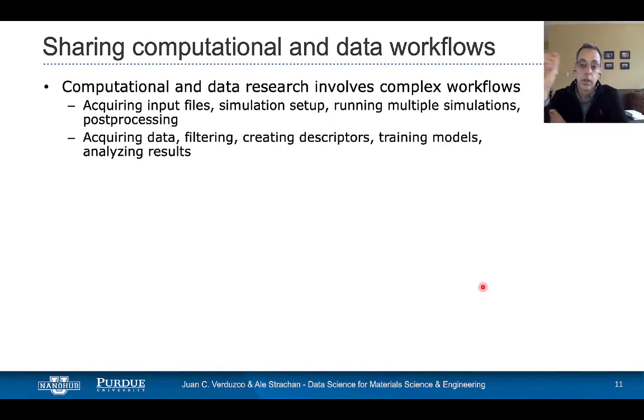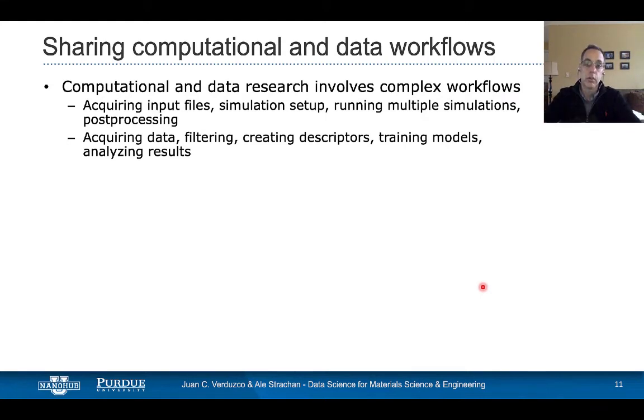Now, we talked about the fact that it's important to share not just data, but workflows and models. Research almost always involves complex workflows with several steps. You collect data, you perform an analysis, that's an output data, and then you do something else to that data.